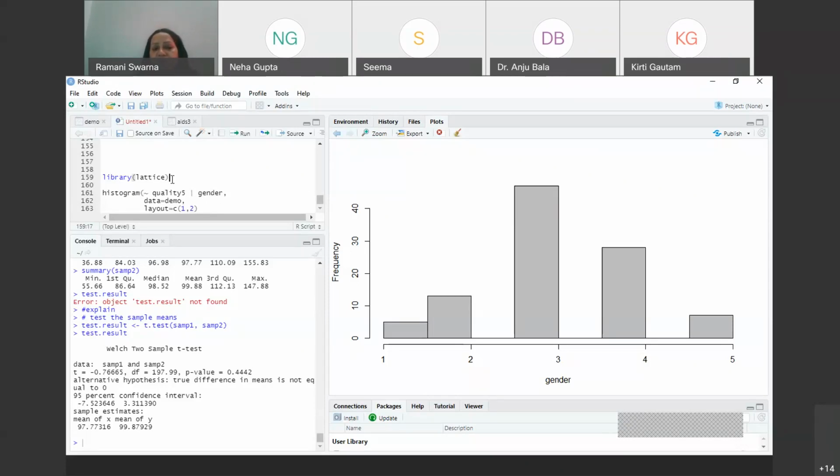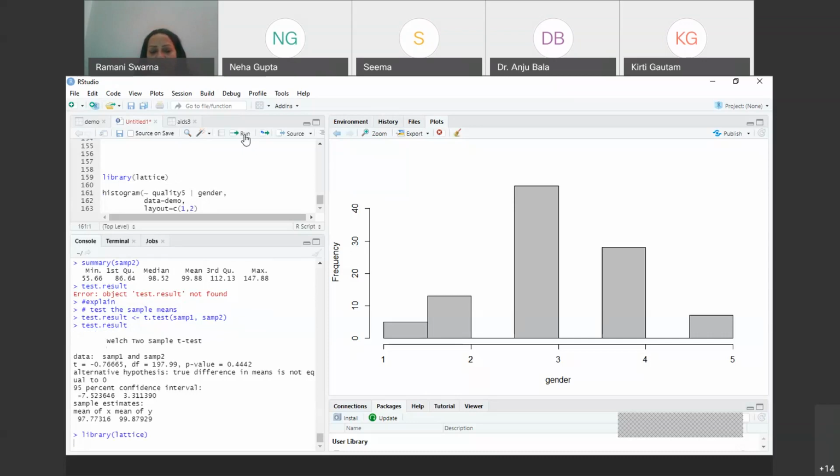So here, first and foremost, I'm trying to invoke the library lattice. The reason is that in this particular thing, I'm trying to showcase something else to you. So have a look at it and see what exactly. There is no error. I have given the instructions. So in the background, RStudio as a software will go ahead and install this particular package if it is not already taken care of. Now here in the histogram,